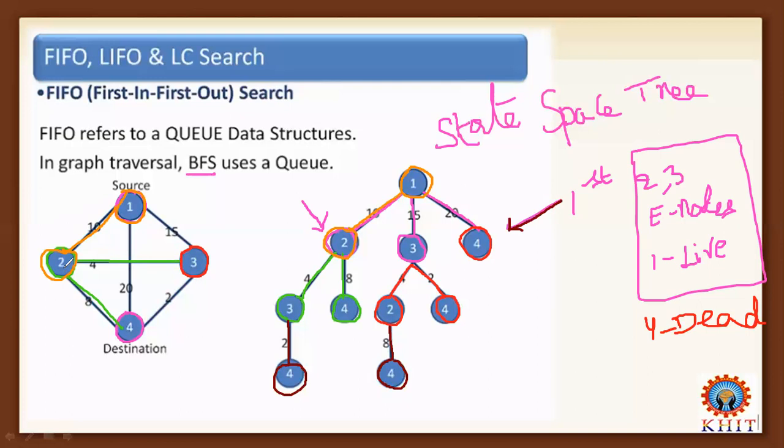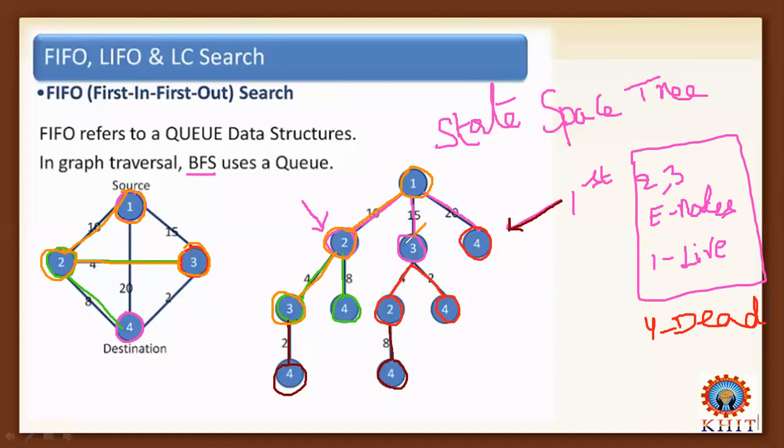Next, from vertex 2 to vertex 4, you need to move to the destination node. There is a direct path from node 2 to node 4, but the cost is 8. So you can search whether any lesser cost is there in the given graph. There is one more path. Instead of selecting 2 to 4, if you select 2 to 3, the cost is 4. So next you can select 2 to 3, the cost is 4 here.